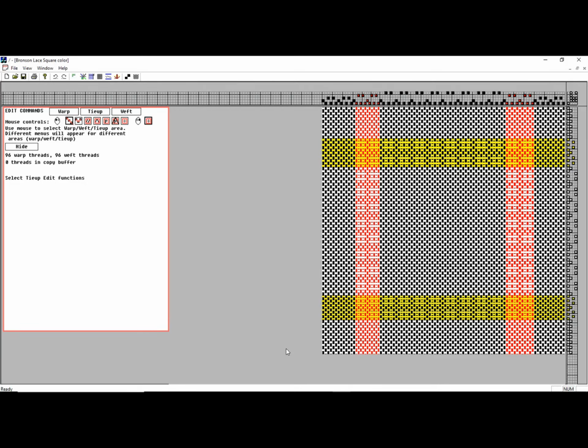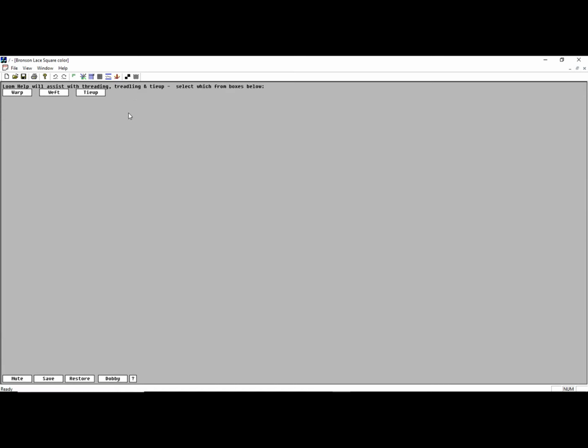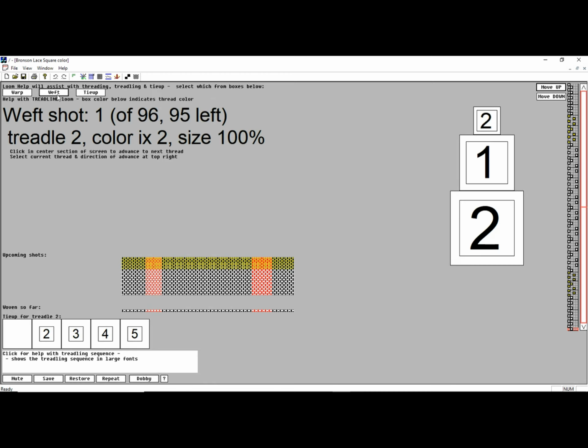This will be a demonstration of the Quickdraw weaving program's ability to control a Dobby Loom. In this case, let me go to the Loom help function again. Normally you'd be doing it with weft. Once I enter the screen,